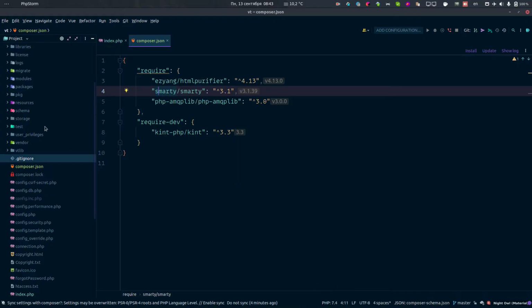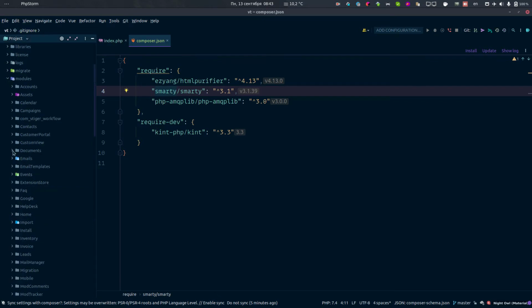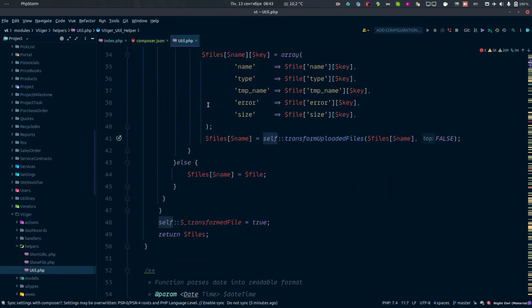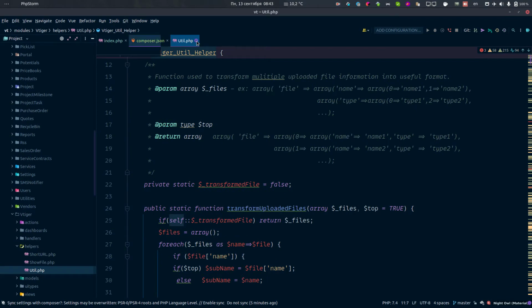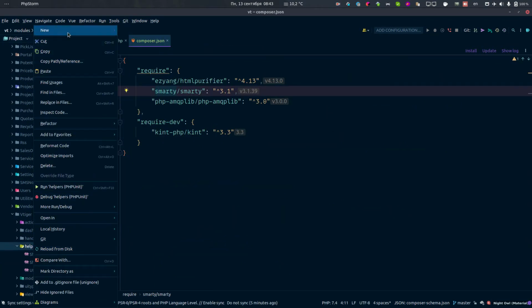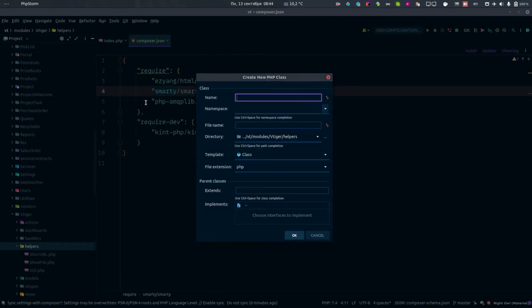Okay, let's create, for example, a new file somewhere right here, models Vtiger. We have a helpers folder, and here you can see some Vtiger helper files. I think it's the best place to create the MPQ helper function right here. So let's create a new class and call it Vtiger